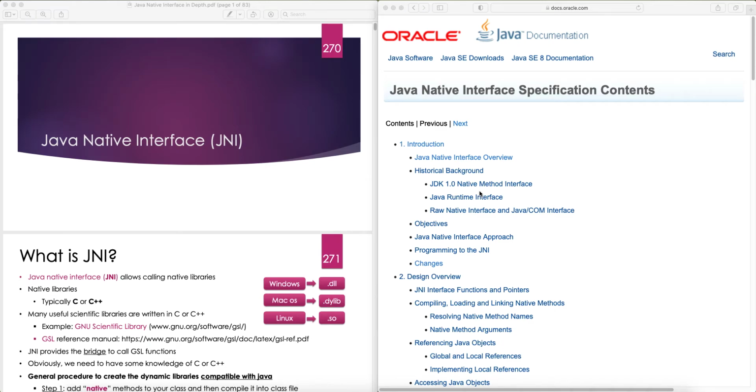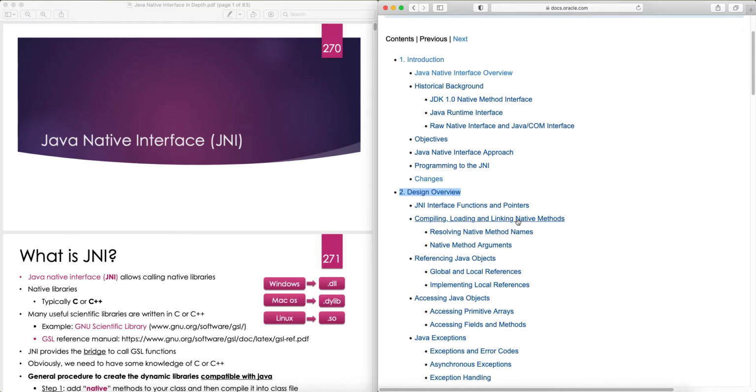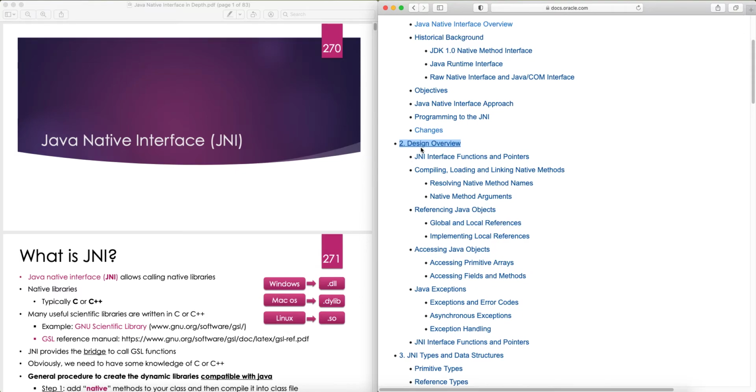Hello and welcome to another Java tutorial. In this tutorial, I'm going to continue our discussion on Java Native Interface and look at Chapter 2 of Oracle's official documentation on Java Native Interface. So Chapter 2 is about design overview of the JNI, and it starts with JNI interface functions and pointers, compiling,